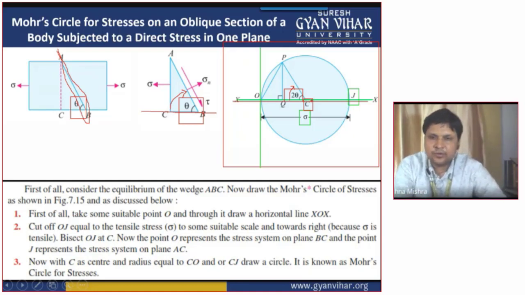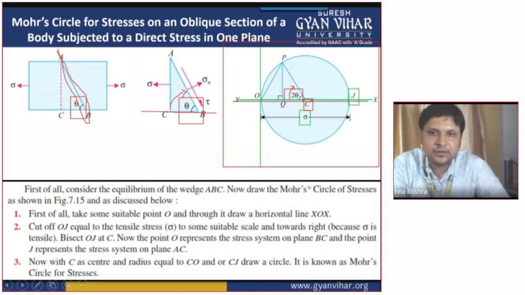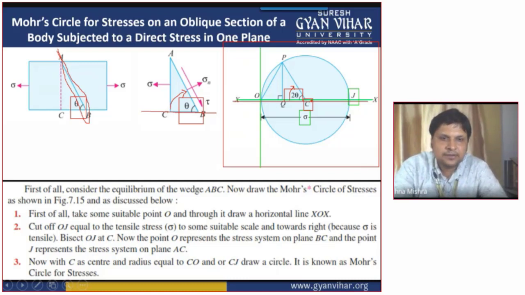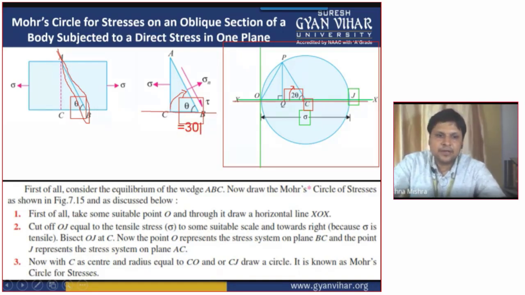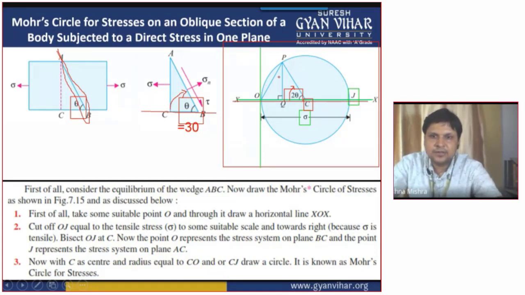We will, through a protractor, trace the angle equal to 2 theta. For example, the angle of the inclined plane given to us is 30 degree. Then here we will take 60 degree, students. If the theta given to us is equal to 30 degree, then the angle which we will take will be equal to 60 degree. This thing I am telling to you.